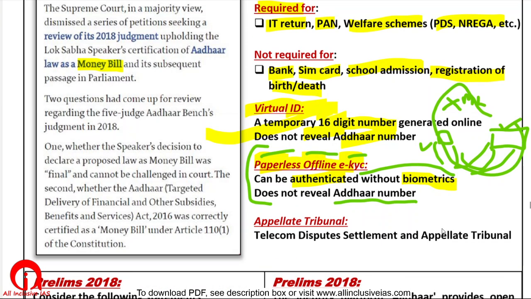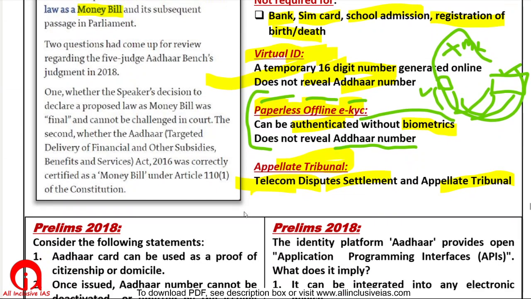If there is any dispute, then which is the tribunal? The tribunal's name is Telecom Dispute Settlement and Appellate Tribunal. So learn this, okay? So complaints against UIDAI, if you have any problem, you can go to this tribunal, that is Telecom Tribunal. All these things were done by the 2017 Act. In Finance Act 2017, a lot of tribunals were merged. Okay, I think this thing also happened that time only, if I'm not wrong.